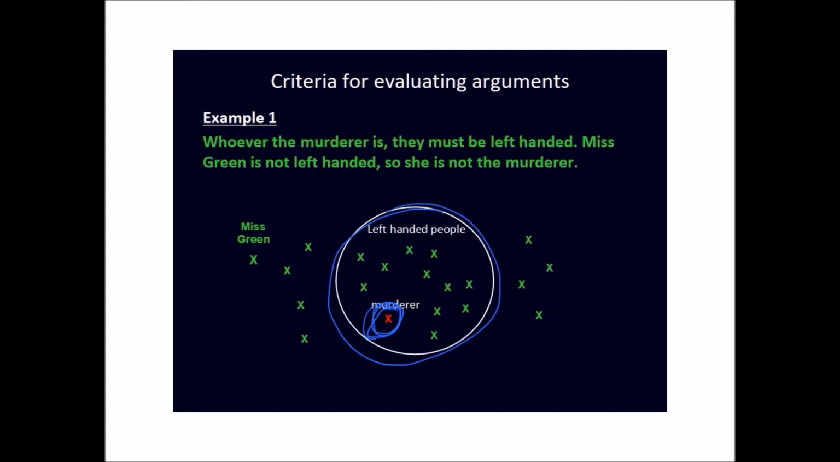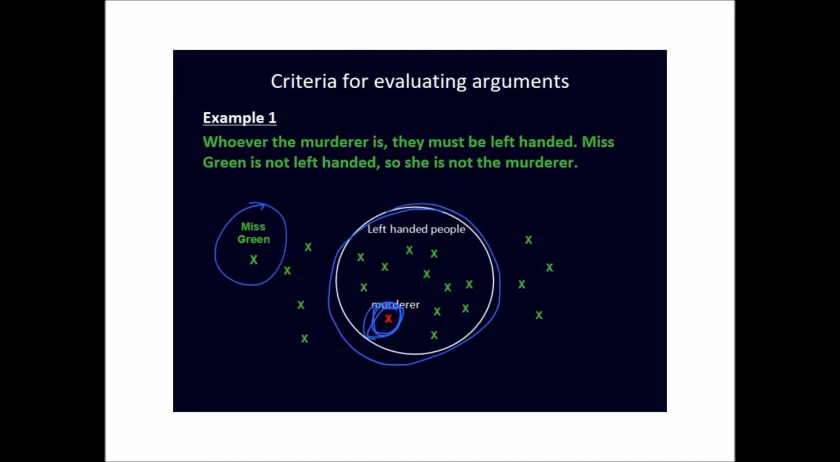The second premise tells us that Green is one of these people outside this circle. She's not one of the left-handed people, so she can't be the murderer. That just illustrates the fact that the premises in this argument support the conclusion. If they were true, the conclusion would be established. But of course they might not be true. That's a different question. You'd need evidence for the claims that Green's not left-handed and the claim that the murderer